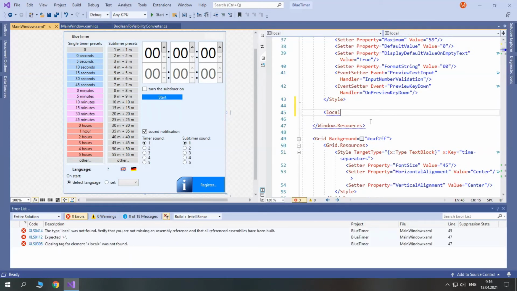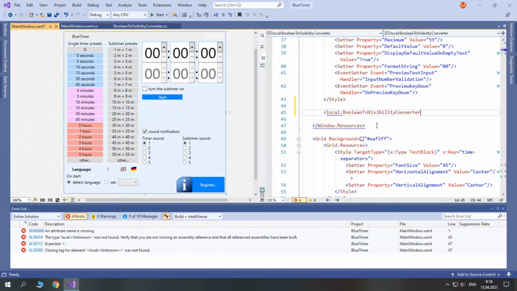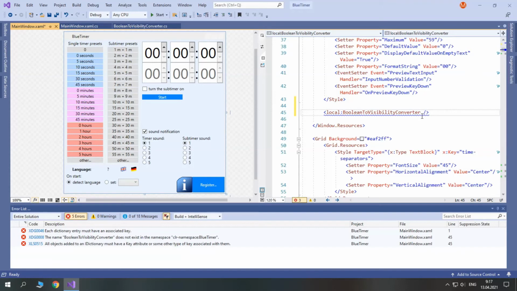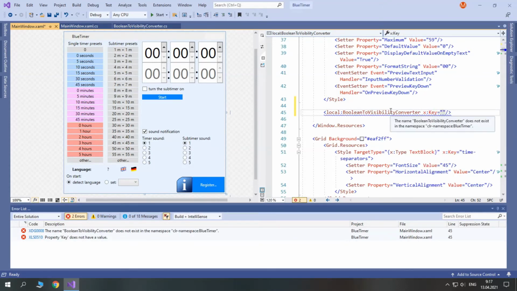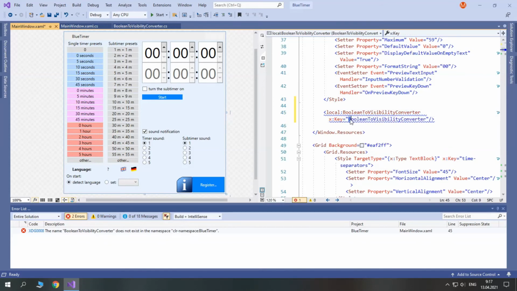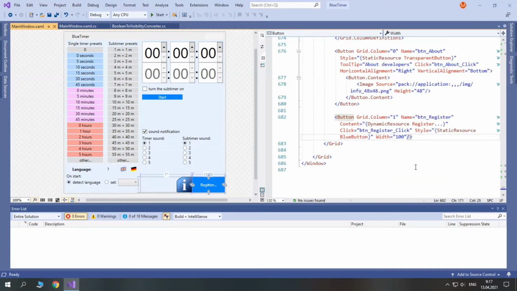So local boolean to visibility. Next, absolutely necessary, give it a key to use it, and I just usually copy the same name and make it lowercase, like this. Right now it says it does not exist in the namespace and you just need to rebuild your project.